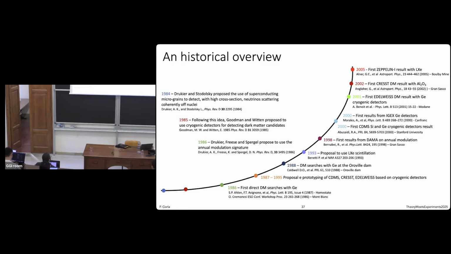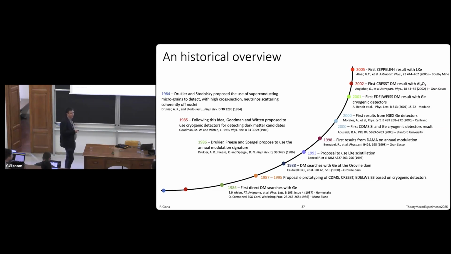And there was the first germanium dedicated experiment at the Oroville Dam from Caldwell et al. There was the first proposal in '93 to use liquid xenon scintillation. This was not yet a dual phase TPC, it was just a liquid xenon scintillator. And in '98, the first result using sodium iodide scintillators, the DAMA experiment at Gran Sasso in Italy,